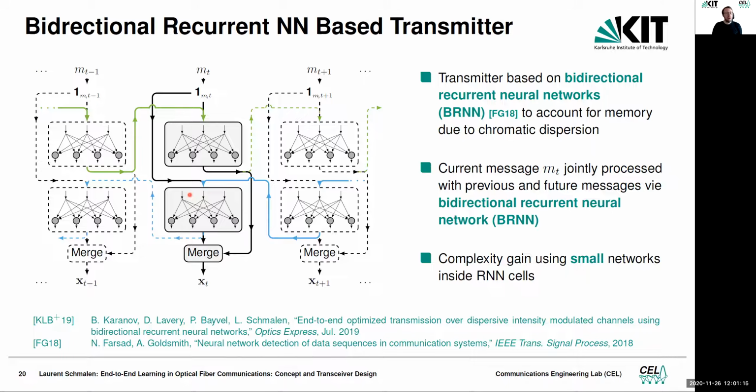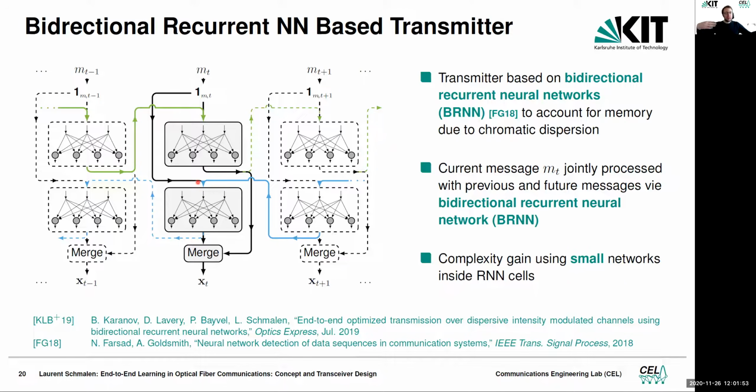Here we use recurrent neural networks, or bidirectional recurrent neural networks. The idea is we have the message at time t minus 1, t plus 1. We feed the message into a small neural network, but before doing so, we concatenate the message with the output of this small neural network from the previous step. And we have the same thing in parallel, taking the message from the future. We take the message coming from the future, from the output of this small neural network, and concatenate it. So we have 2 neural networks acting kind of like an IIR filter that filter the sequence from both directions.